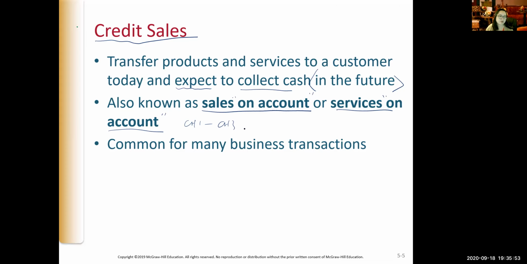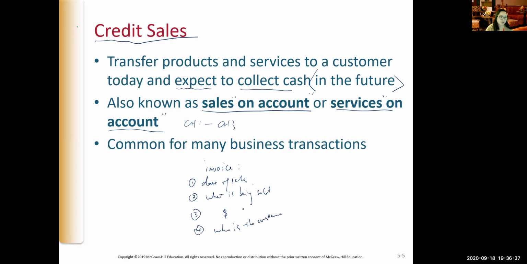And credit sales include an informal kind of credit agreement supported by an invoice. So we need to have an invoice, which is a source document to identify the date of the sale, the customer who is going to pay us, and the specific item sold and the dollar amount. So what is being sold and how much, what is the invoice date, what is being sold, who did you sell to, who is the customer,